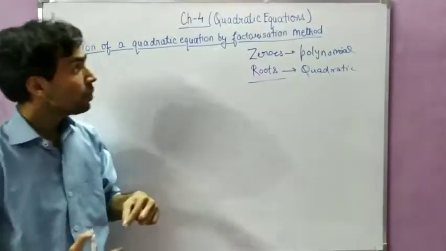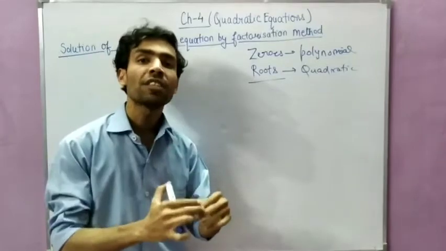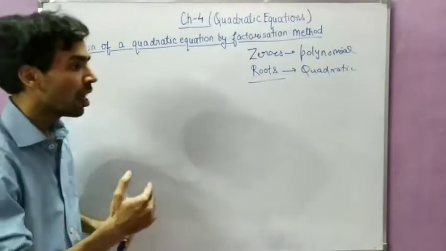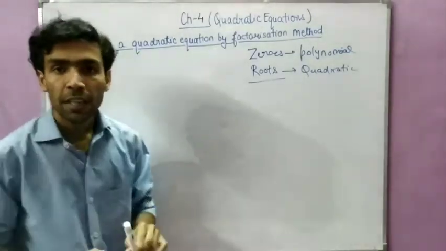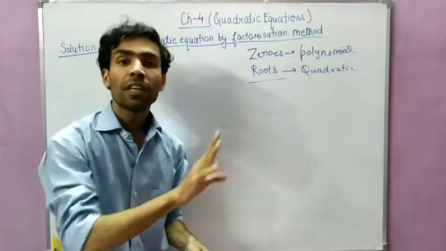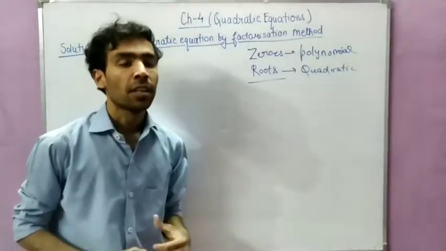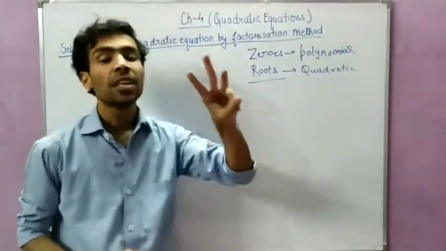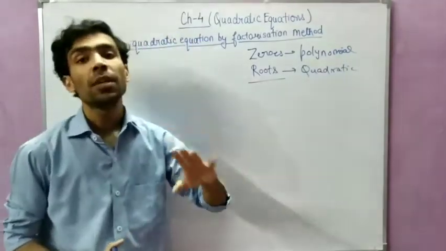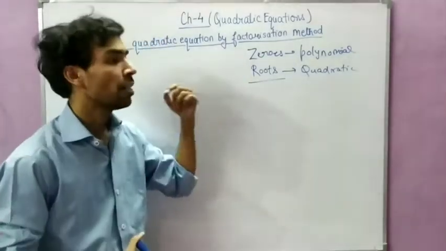Okay. Similarly, everything is the same as zeros. Whatever you have studied in polynomial, the same concept we will use in quadratic equations. So whenever a linear equation is given, the value of the variable will be 1 only. When a quadratic equation is given, the value of the variable will be 2 only, meaning we will get 2 values of the variable, because it is quadratic. If it is a cubic equation, there will be 3 values of the variable. If it is a biquadratic equation, there will be 4 values of the variable. Okay, so both are similar, just the difference of the word.